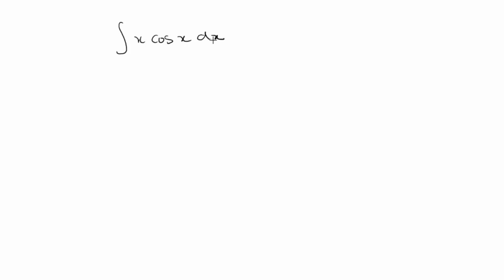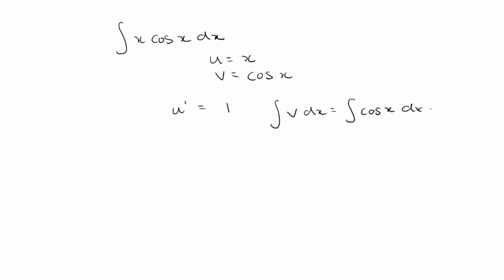Now, again, the way we do this is we use integration by parts. So let's choose u, right? We're going to call u as x, and we're going to call v as cosine of x. So straight away, what we know is that u prime is du dx, which is 1. And we know that v is cosine of x. So the integral of v dx is equal to the integral of cosine of x dx, which is